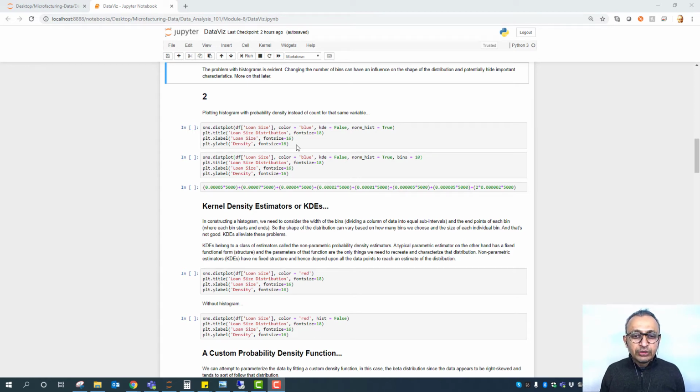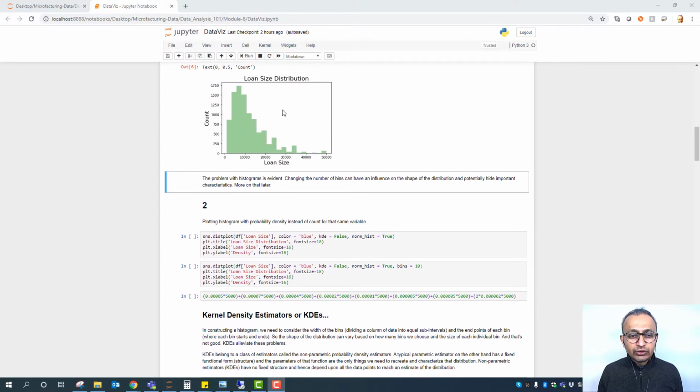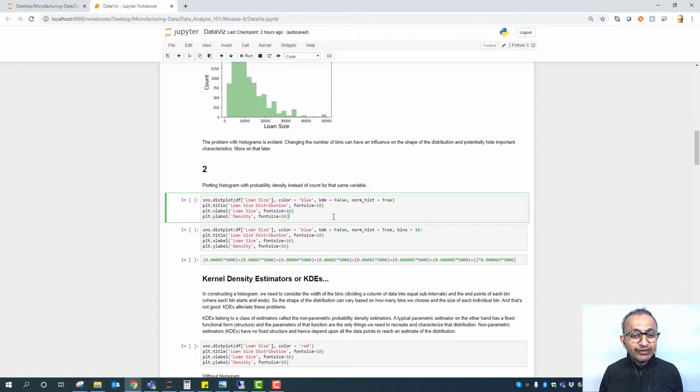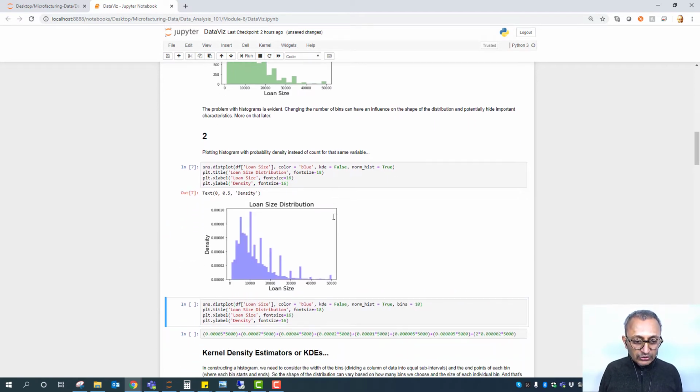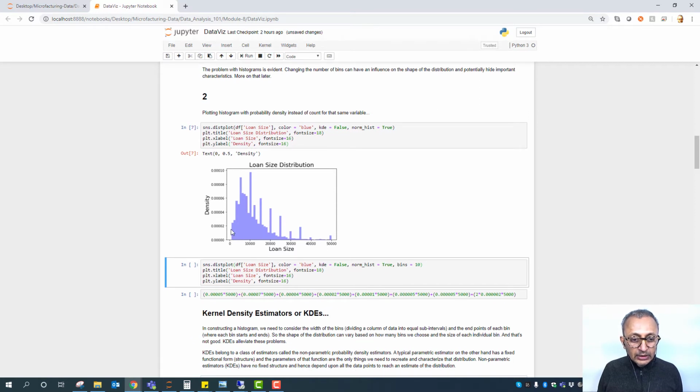So we looked at histogram. We'll look at trying to do the same thing with a histogram, but we're going to instead plot density function. Okay, it's called probability density, and I'll try to explain what it is. So basically, if you add it all up, it adds up